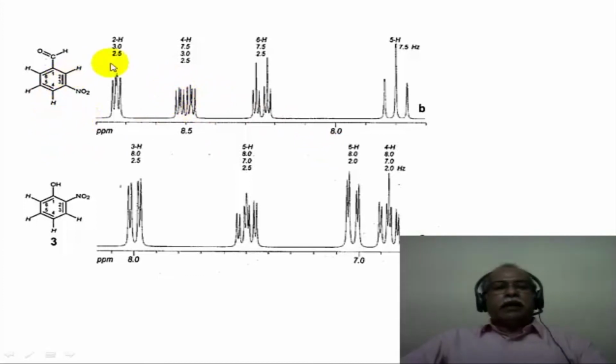Finally, if you look at the hydrogen which is flanked by the aldehyde and the nitro functional groups, it has two meta hydrogens, but the coupling constants are not identical. So it would appear as a doublet of a doublet, which is actually seen as a doublet of a doublet in this spectrum. In a similar manner, the orthonitrophenol spectrum can also be analyzed. This is also a 4-spin system. Such analysis is helpful in the identification of compounds and molecular structure.